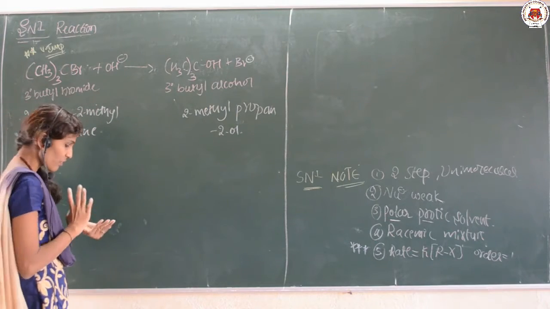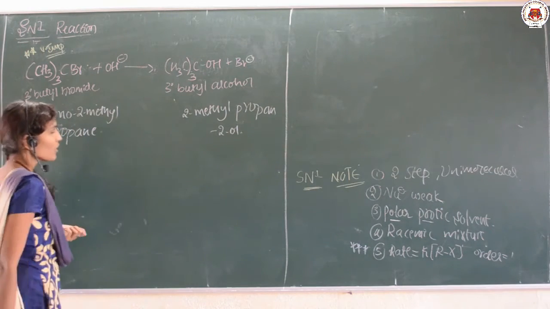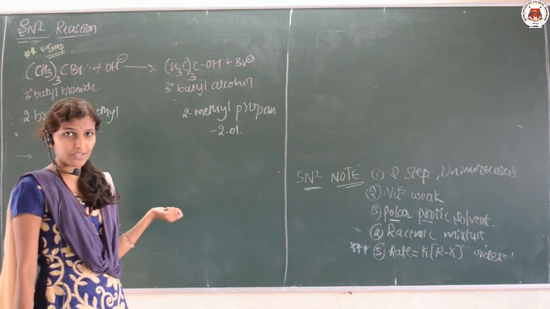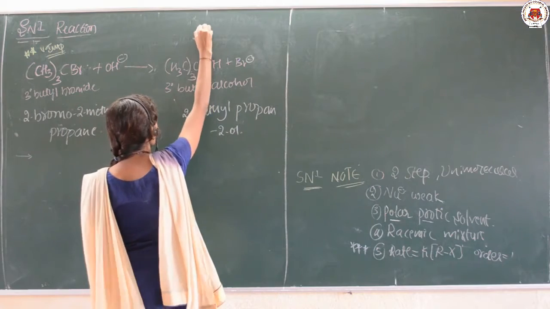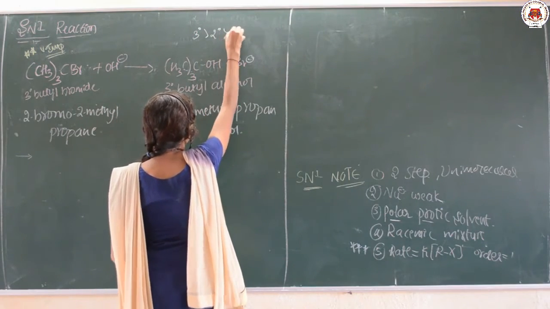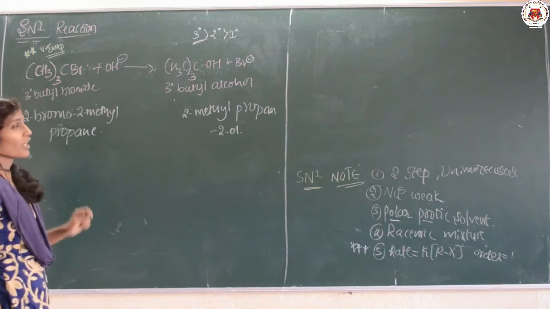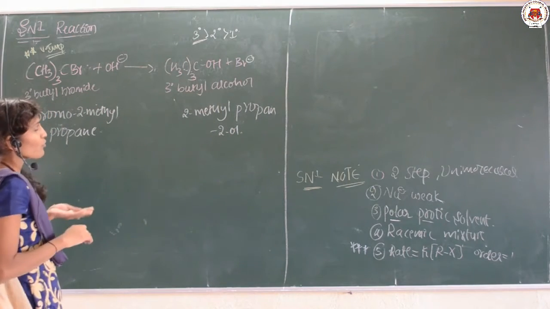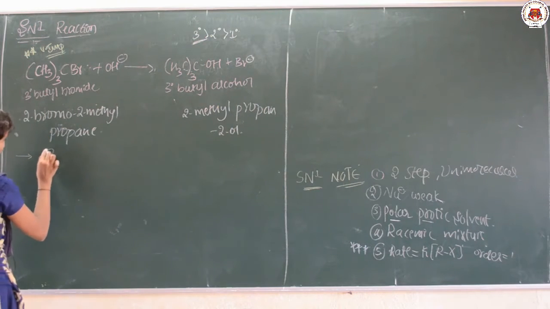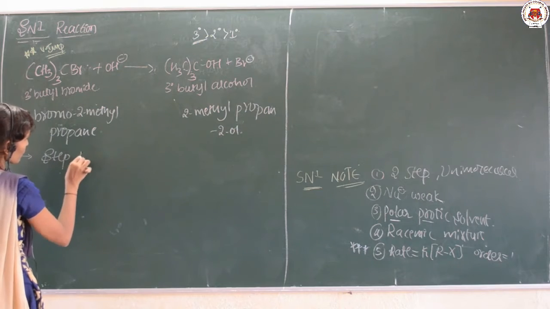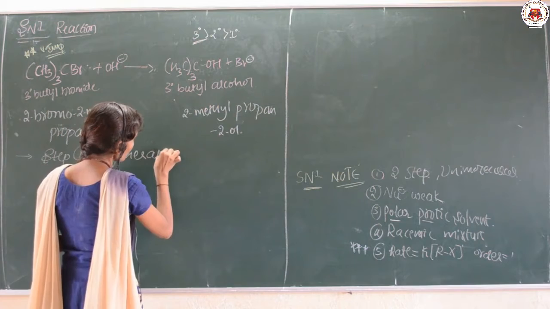Clear? This is very important. As I already told you, this is the SN1 pattern. In SN1, the tertiary carbocation is more stable as compared with secondary and primary. So tertiary butyl bromide is the suitable example for the SN1 mechanism. Clear? Let me tell you step 1 of the reaction. What is step 1? Generation of the carbocation.